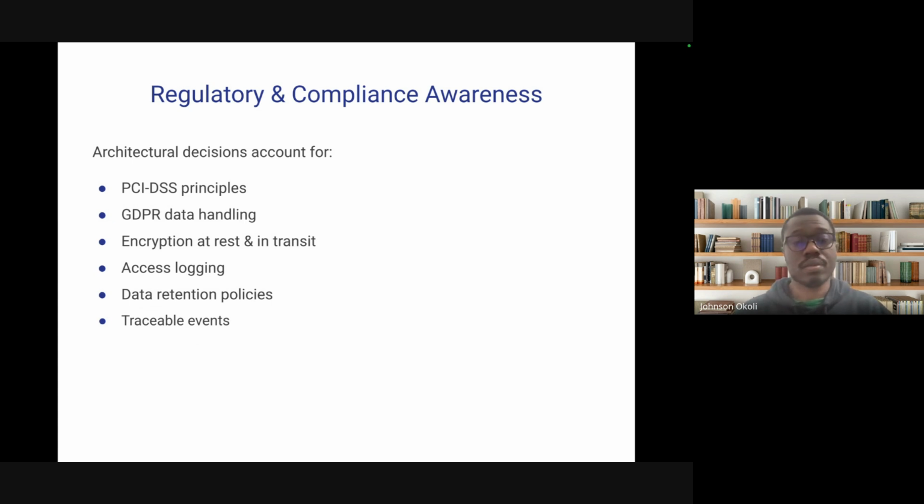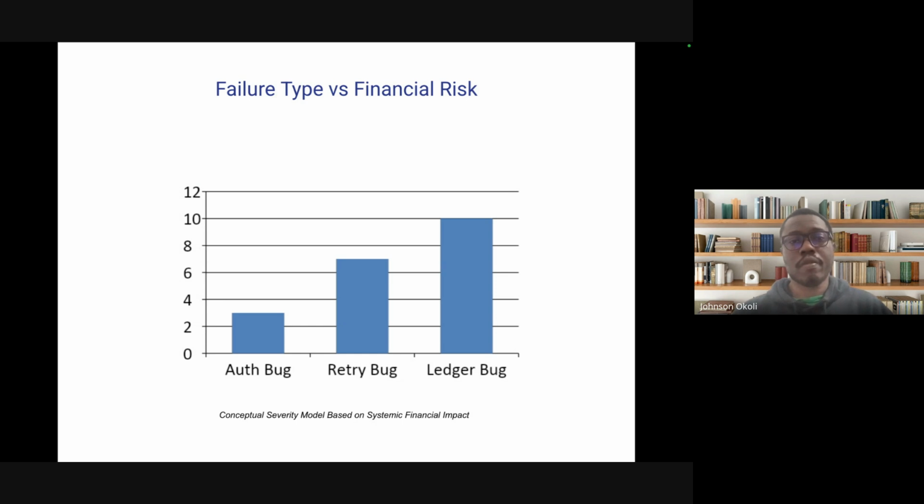And the major failures are usually due to auth bugs. Maybe a user was not fully validated and makes a transaction that is not expected, or due to retries where you don't have an idempotent key, and then you have retries that duplicate transactions. And there is the ledger bug. More like you don't verify from the ledger before incrementing or decrementing a user's balance, and most often those create bugs and issues for the fintech industry.